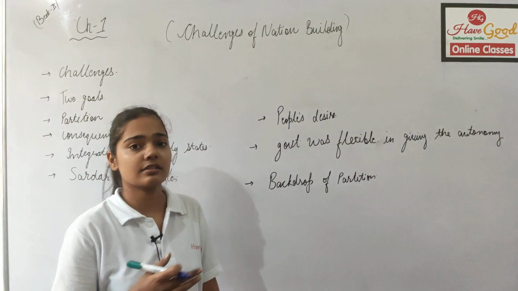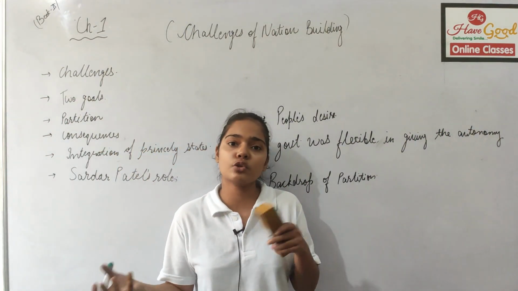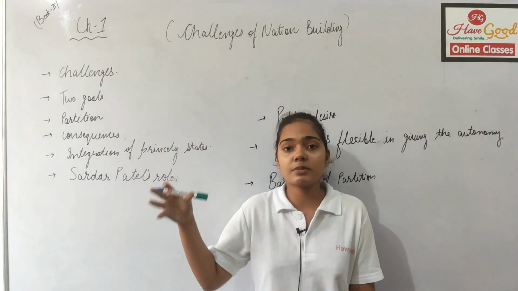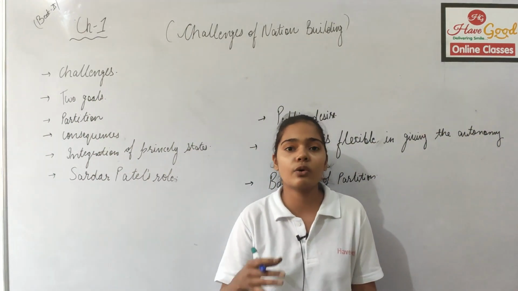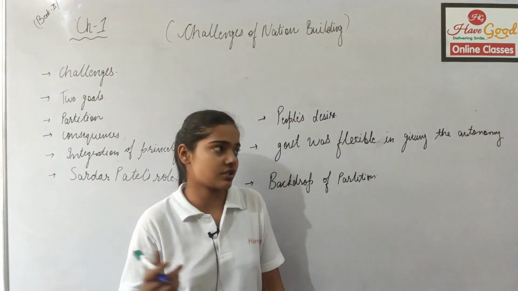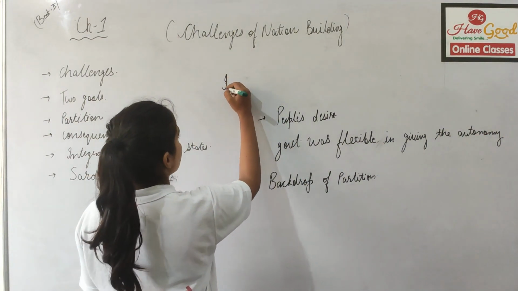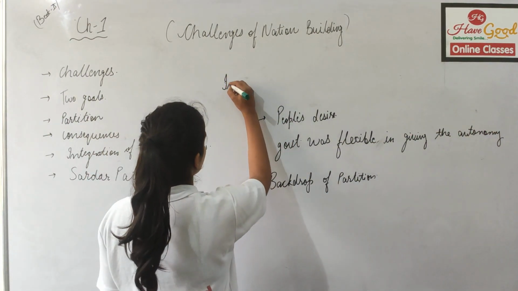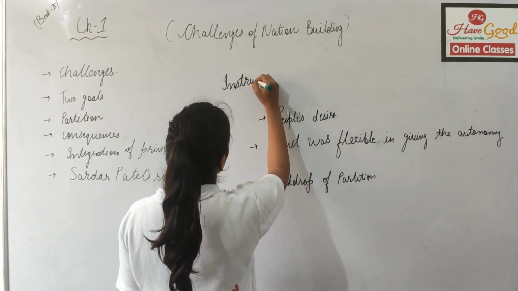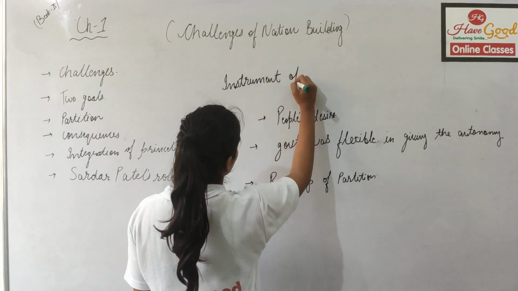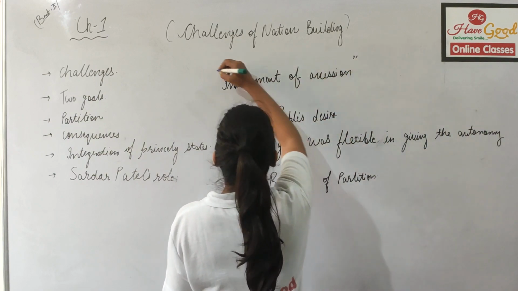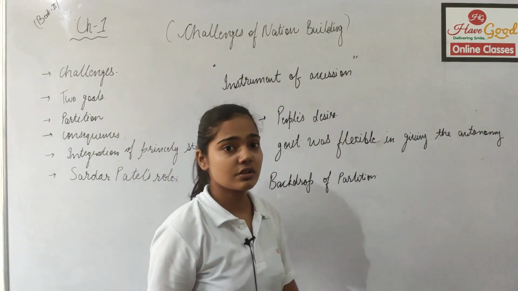These are the 3 important reasons why the government of India wanted to join these 565 princely states with themselves. And there was an agreement signed between the government of India and the local kings and queens of those princely states, and that agreement is known as the instrument of accession. It was an agreement signed between the government of India and the rulers of the princely states.